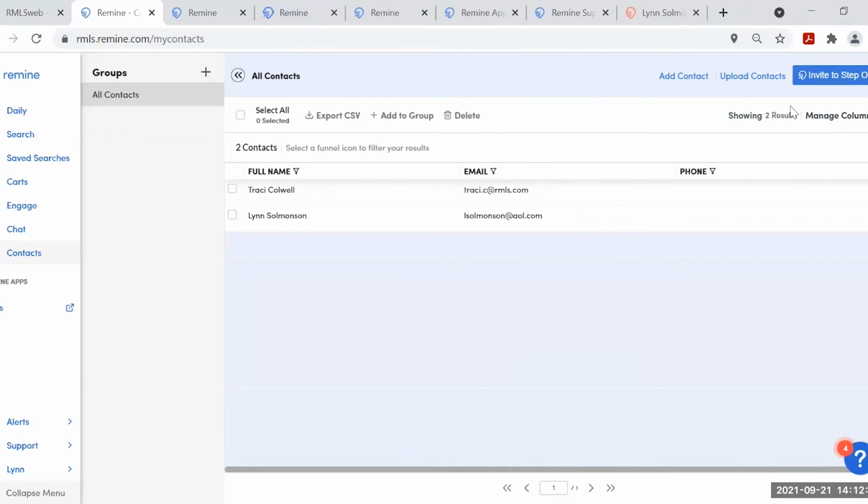So you can add a contact individually or upload contacts, pull them in from Outlook, places like that. And then you do have the option to invite to step 1.